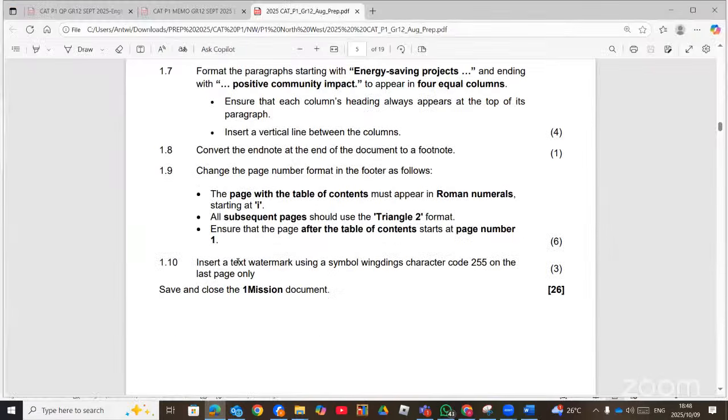The next question, and I think this is one of the questions that most learners struggle with: change the page number format in the footer as follows. The page with the table of content must appear in Roman numerals starting at I. All subsequent pages should use the 1, 2, 3 format. Ensure that the page after the table of content starts at page number 1. So here,